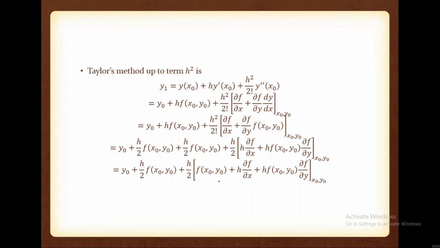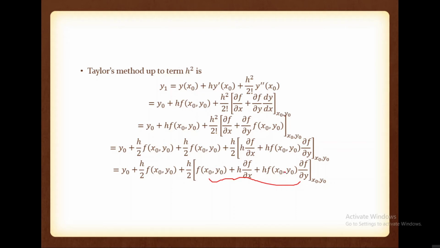Is it okay? Now can you identify this term? You can see that this is f of x0 comma y0 plus h into dou f by dou x, means the derivative of this function with respect to x, into h. Okay, so here the differentiation with respect to x, then into h, so this is actually f of x0 plus h, its Taylor series expansion is this one.